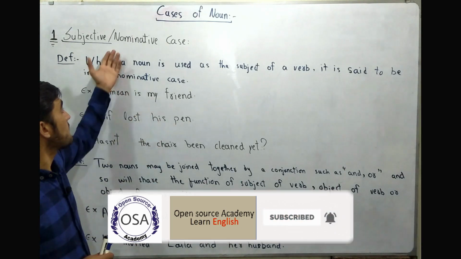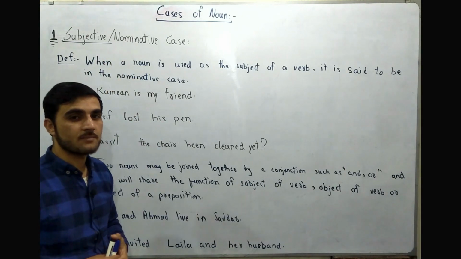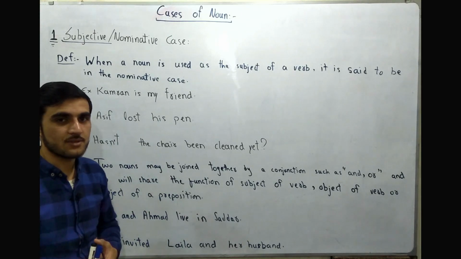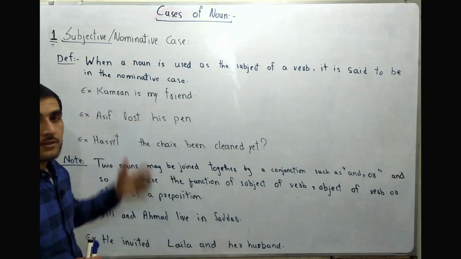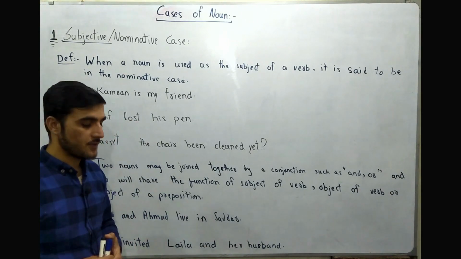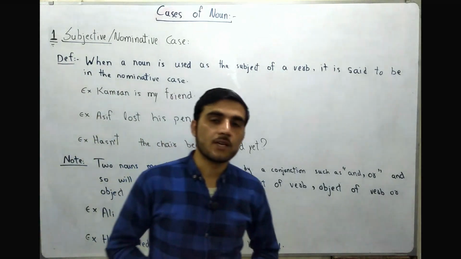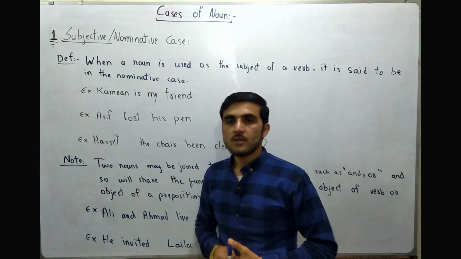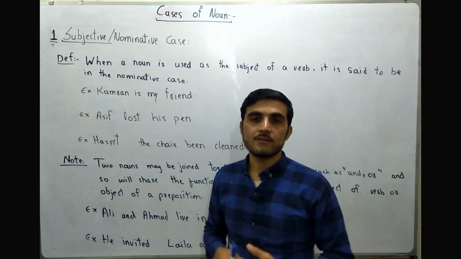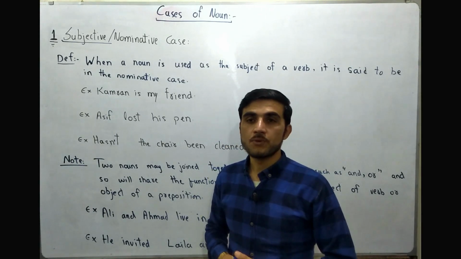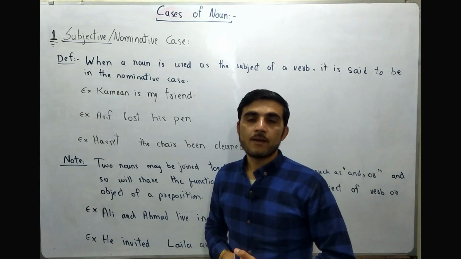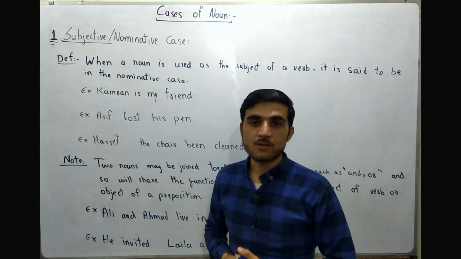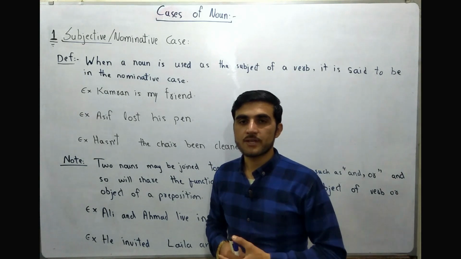The name given by grammarians, nominative or subjective case, is because it functions as the subject of a sentence. And a simple definition which we normally give to subjective or nominative case is